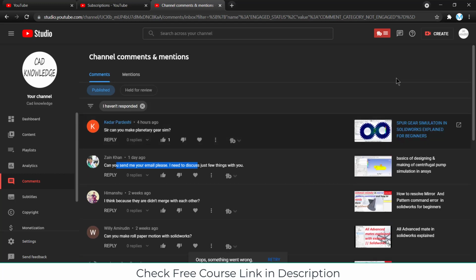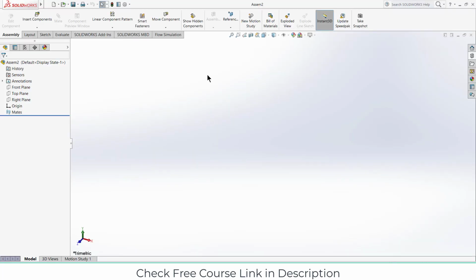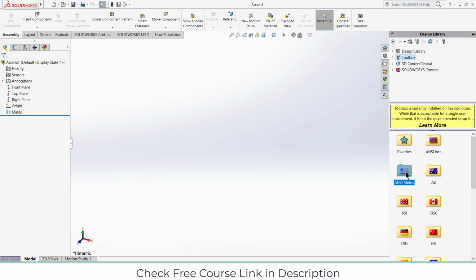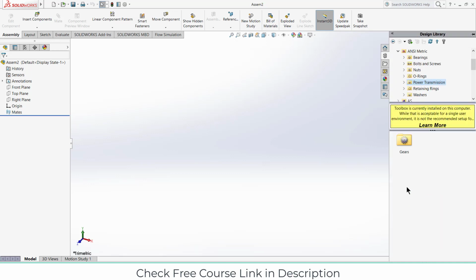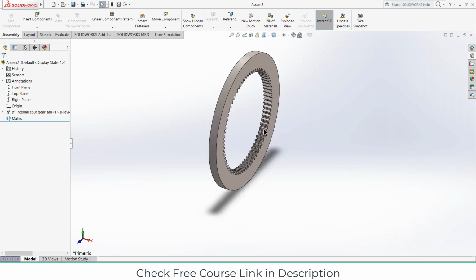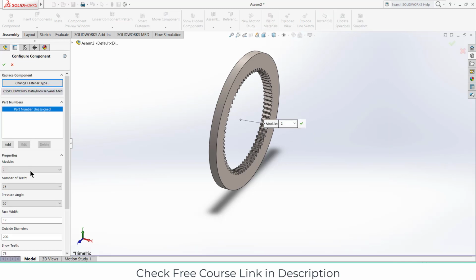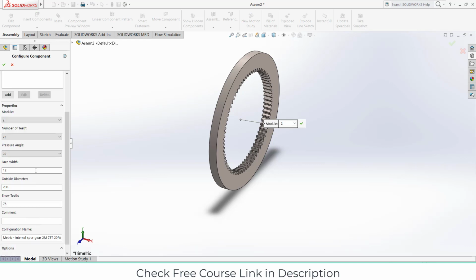So let's start. First thing we have to do is go here, click on Asymmetric, click on power transmission, click on gears. Now first we have to draw an internal spur gear. Choose the module, number of teeth, and the thickness, the face width.